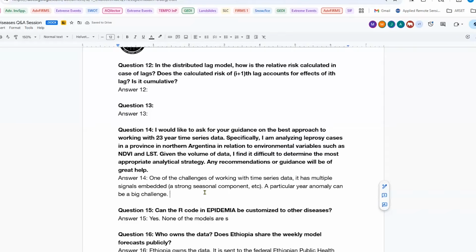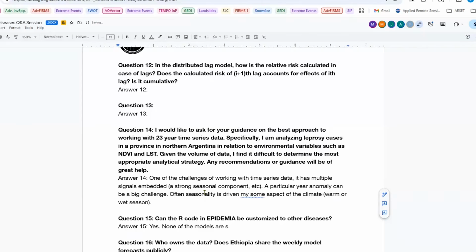I think that helps to start getting a better sense of what's interesting in the data set that you might want to try to predict. Again, one of the challenges is that what's often driving the seasonality is some aspect of the climate: a rainy season, a dry season, a warm season. So often you can predict that seasonality fairly well with climate variables, and that's an interesting exercise. However, because you have a climate-driven seasonality, it doesn't mean that the same factors are necessarily driving the trend or driving anomalies. So breaking those pieces apart and looking at them separately is often interesting. I guess the only other thing that I would say is,